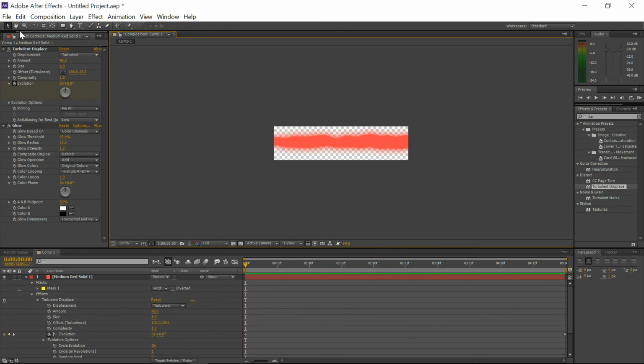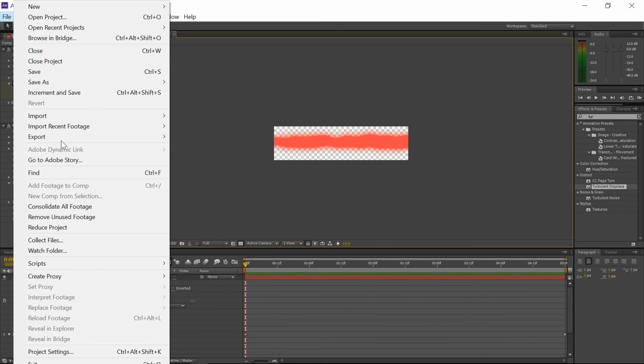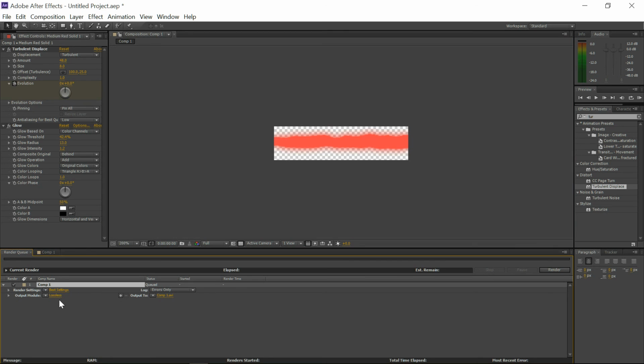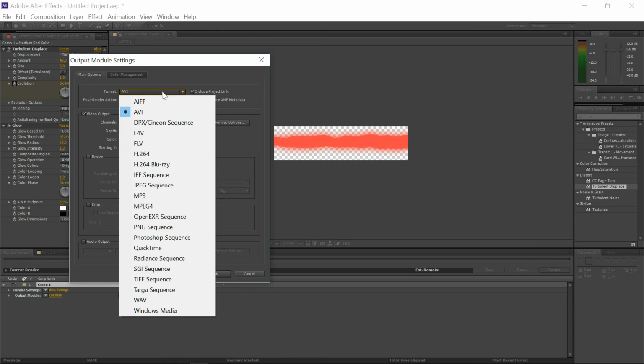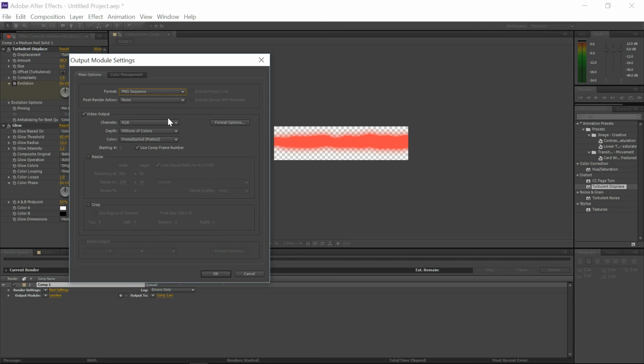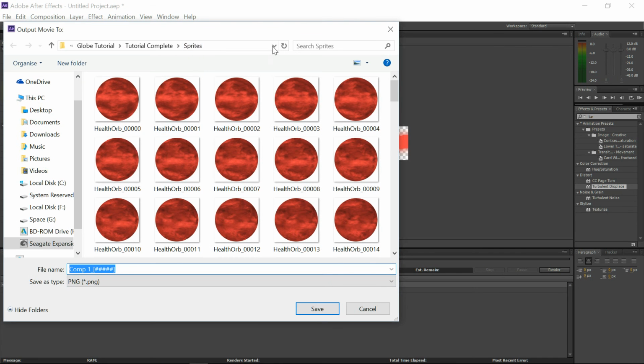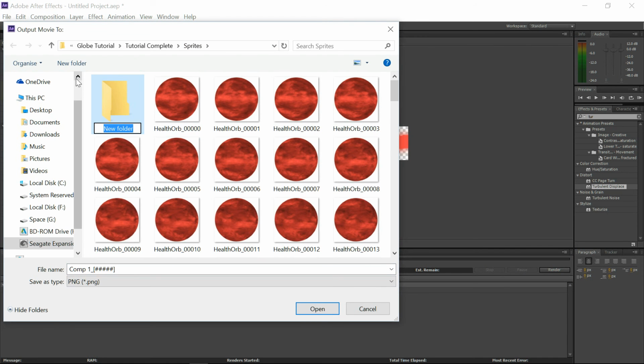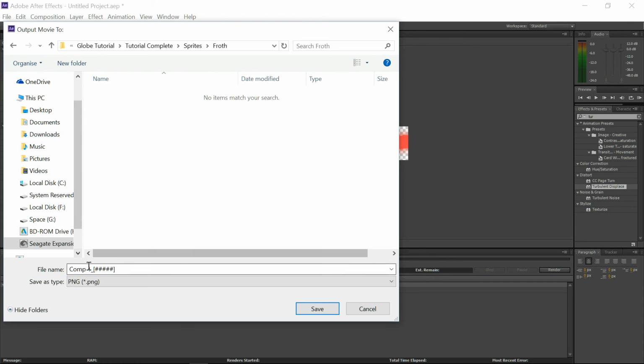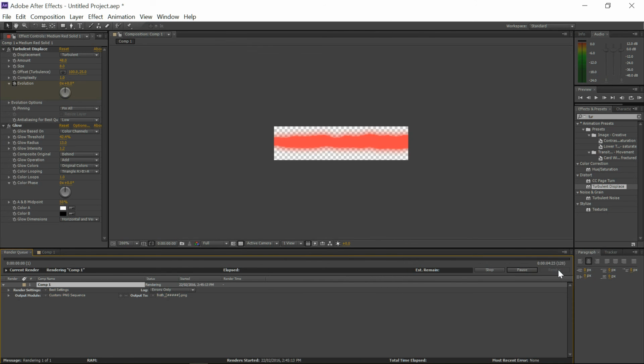Very easy. We'll go File, Export, Add to Render Queue, and again, we want it to be a PNG sequence with RGB plus alpha, and we'll output 2 sprites. We'll create a new folder, call it Froth, and we'll just put this as Froth. We'll render them out,